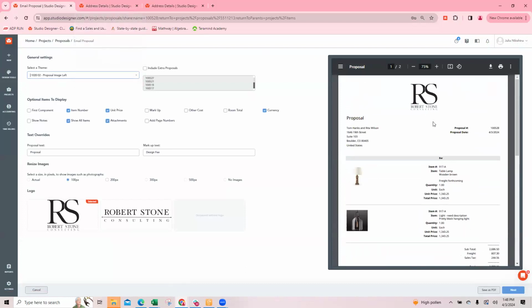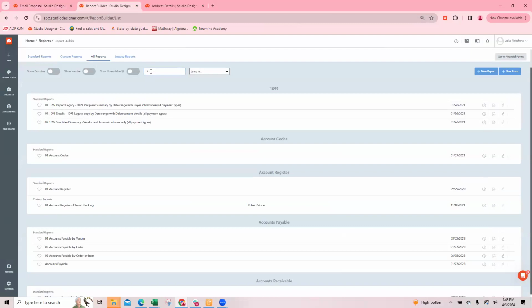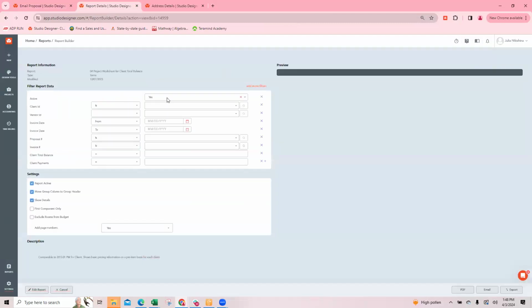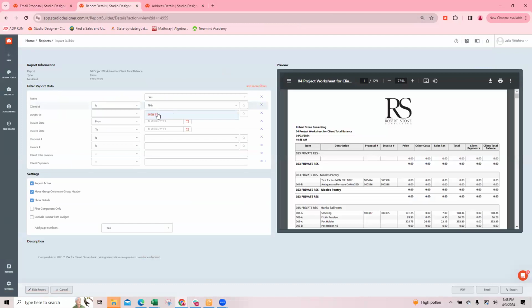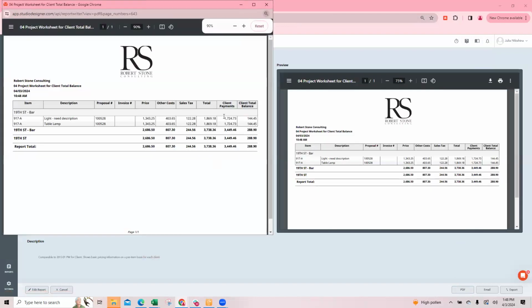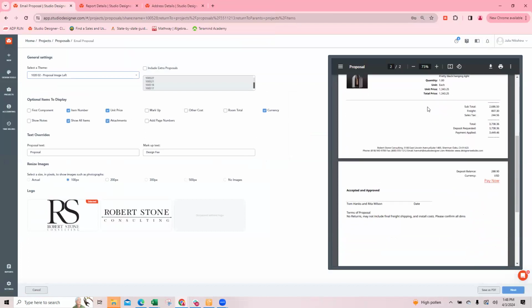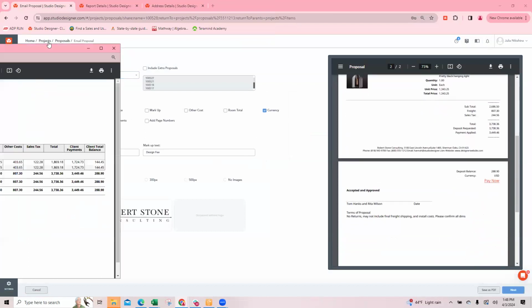Another great thing, and I think sometimes a clarifying thing to do for a client, is to send the client total balance report. We're going to filter it by 19th Street. And actually, I'm only going to filter it by this proposal, because I want the client to see that they actually paid for the item. The proposal doesn't break it down by item, it breaks it down by proposal, as we know. So when you have multiple items and price changes both up and down, meaning credits and debits with the client, generating the client total balance report,